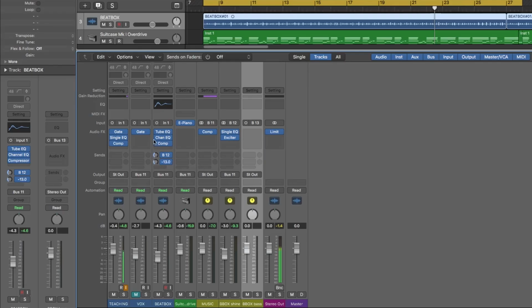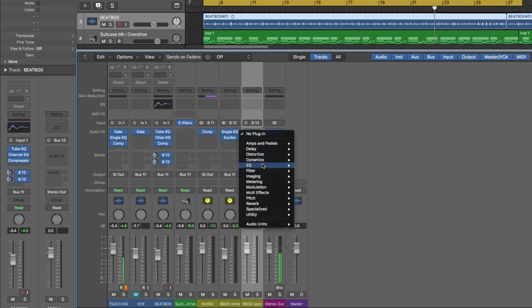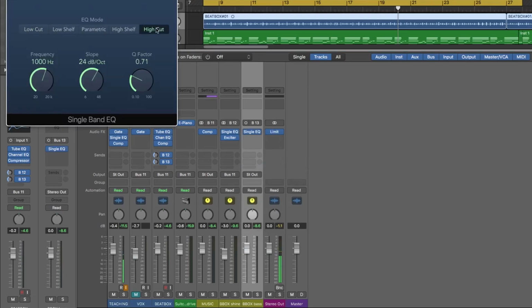We're doing some parallel processing. So I want it to be pre-fader so that the volume of the actual track doesn't affect what you're doing on this side. Okay, so I've sent a copy there already, and I'm going to go in here, and I want to fatten this thing up. There are different ways I could do it with EQ and stuff like that, but that's not what I'm going to do. I'm going to call up, again, a single band EQ here,